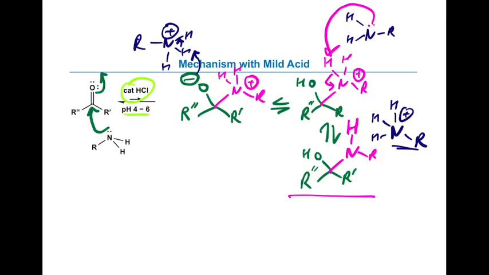Okay, to keep going though, we need to complete this, and it's going to follow the same kind of pattern where we need to remove this OH. If you went the other way, if we tried to push this back down and eject this, then we're just going back to our starting material. So to move forward, we want that to come down to form a carbon-nitrogen double bond, and we need this to leave in some way. So that's where we're going to have to add a proton back to that OH.